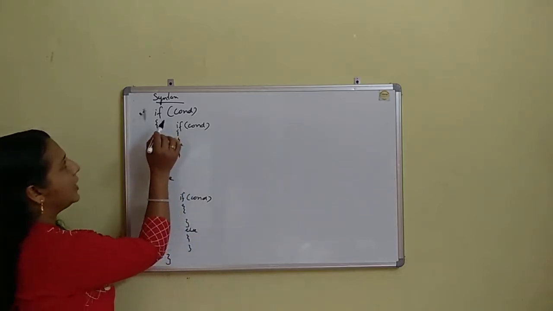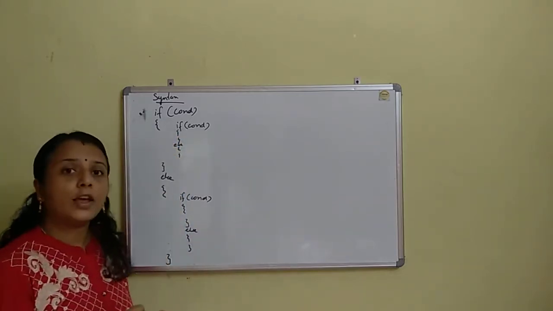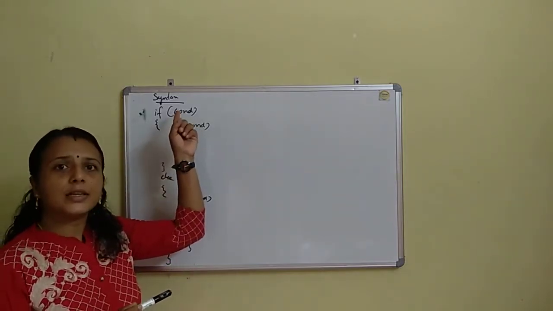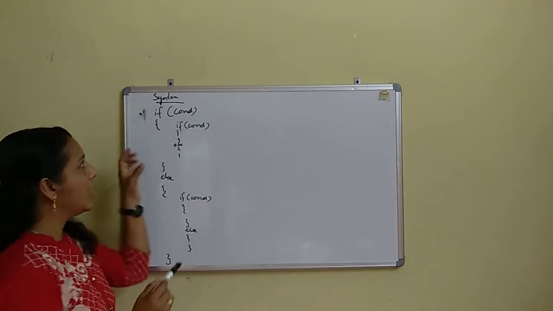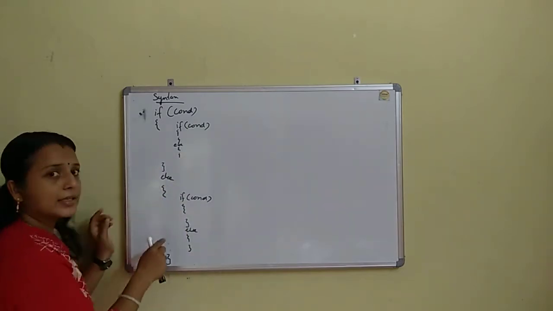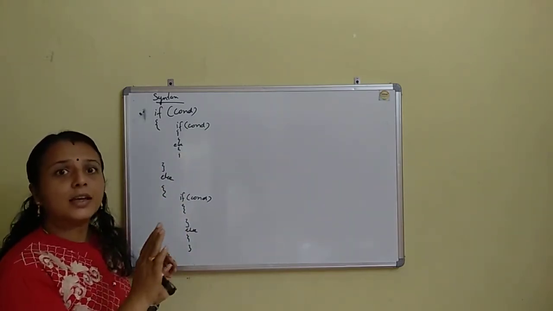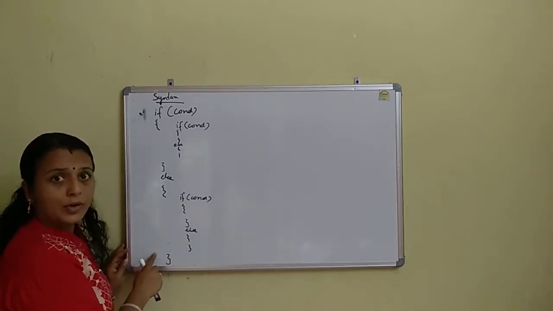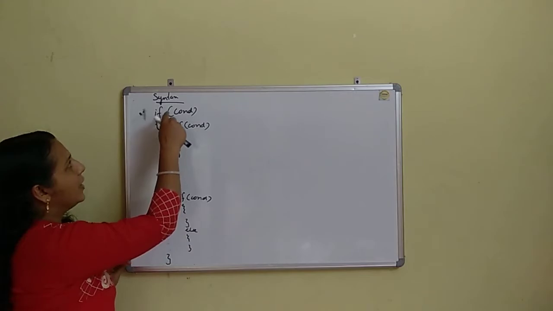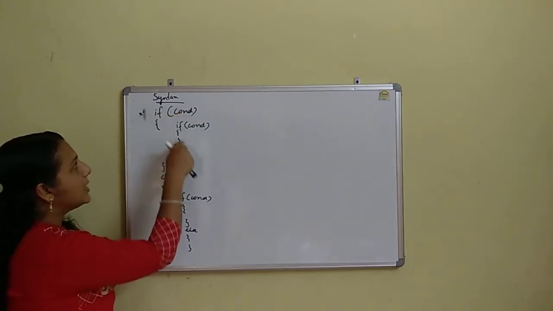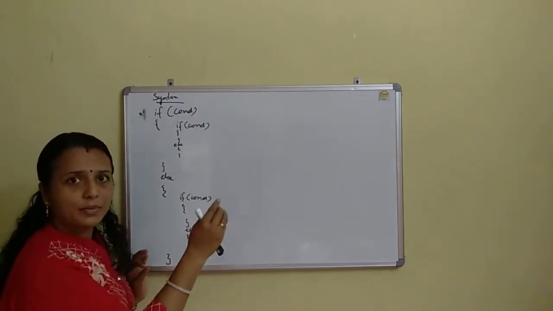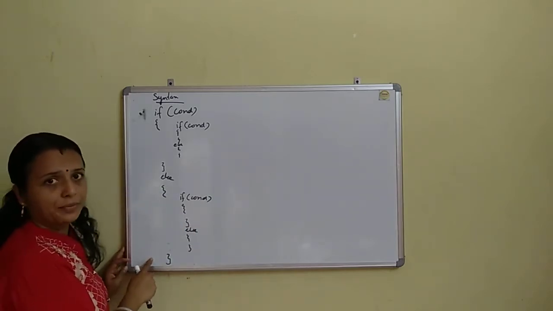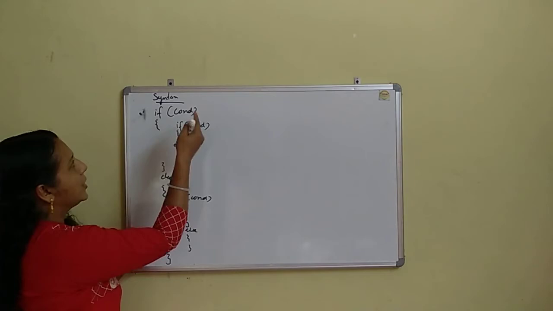Now what is the normal way of execution? When the condition of the first outer if block is true, what happens? The else block gets terminated completely. The compiler does not go to the else block at all. Okay, this is clear to all of you. When this condition is false, the if block gets terminated completely and the control comes to the else block only.